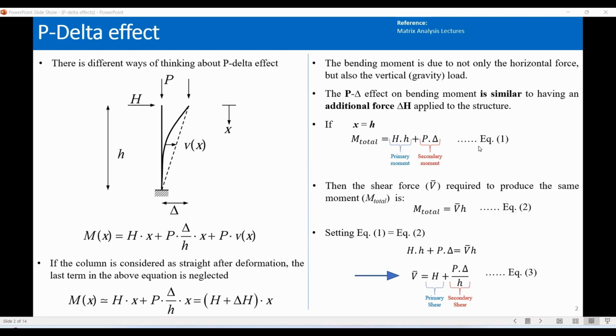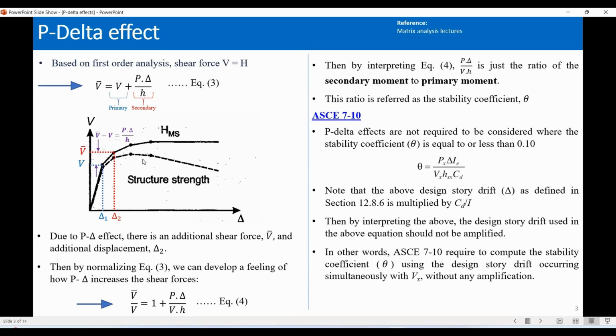And by setting equation 1 and 2 to be equal, we will have this equation here. Hence, the new shear force of this cantilever column will equal the primary shear from the first order analysis plus P multiplied by delta divided by H, and this is actually the additional force inside the system itself, okay? Then by going to this slide, we can see that the shear force from the first order